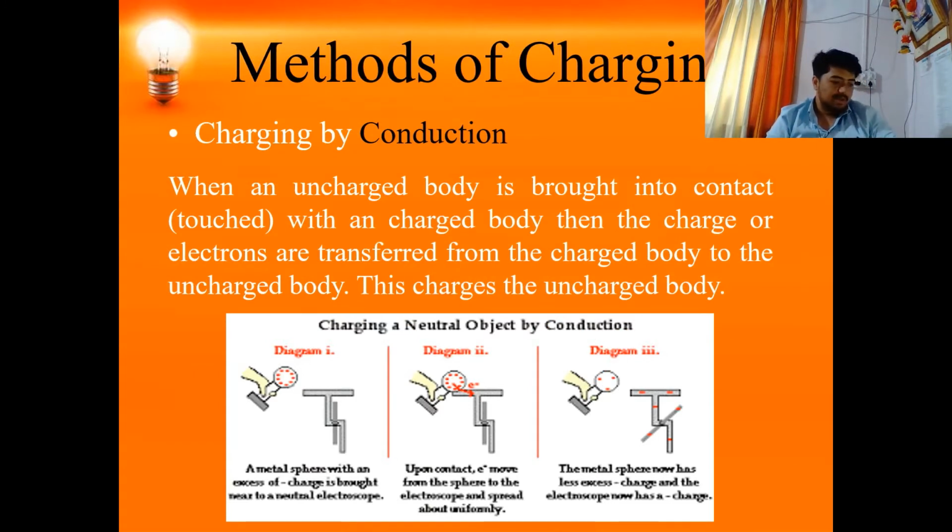Let me consider one more thing. This is a light here. These two are the two bodies. Consider this one has a net negative charge and this is a neutral one. When I take this negatively charged body, touch it for a small amount of time and take it back, the negative charges will go into this body, leaving a lower net negative charge on the first body, and this body will also get a negative charge as it has been in contact. So this is called the charging by conduction method.